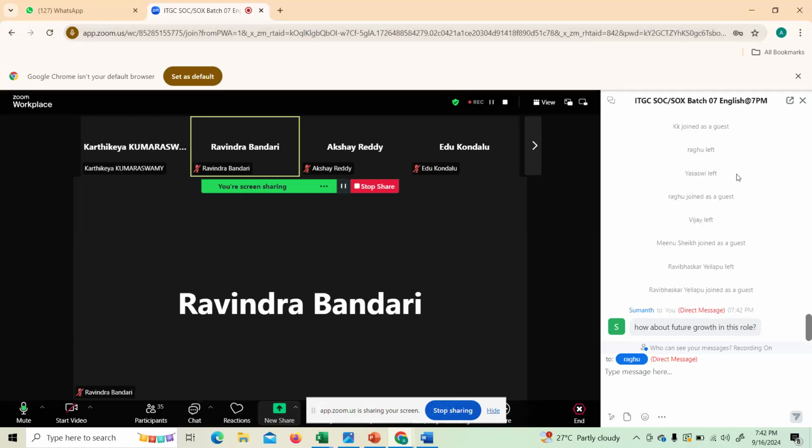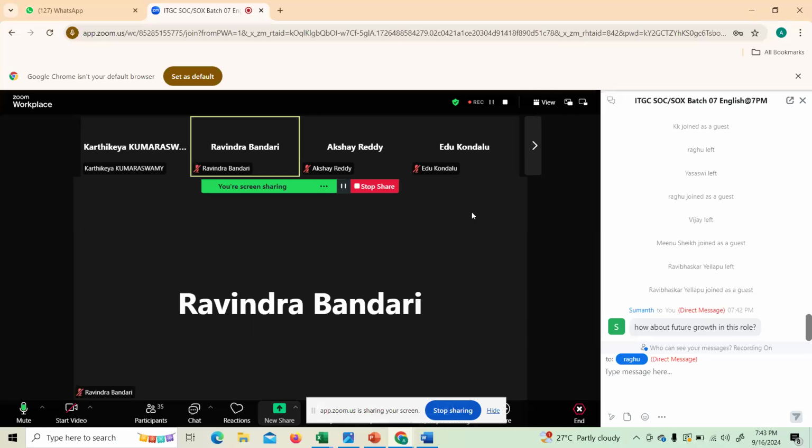How about future growth in this role? Sumant, if I need to say simply, IT audit will have 3 to 4 steps: junior IT auditor, senior IT auditor, manager, lead, manager, VP, vice president. One of my friend's cousins is VP of EXL.